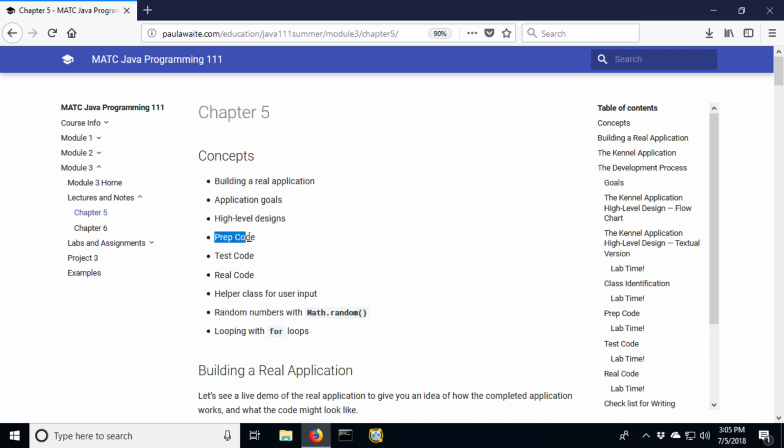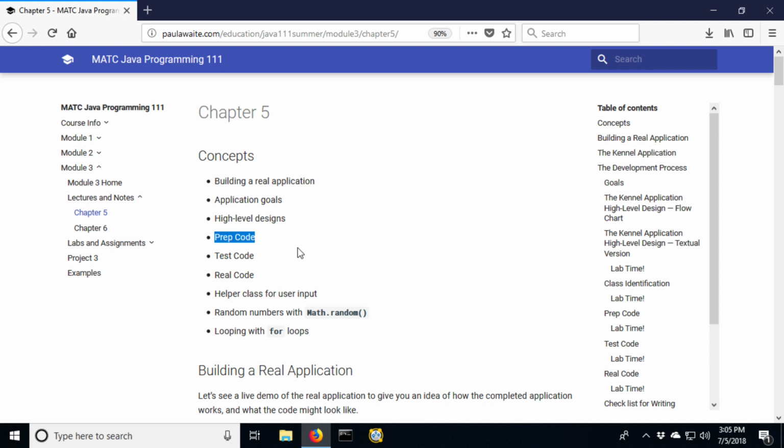From there, then, we start thinking about, within that design, maybe a flow of what the application will do, and we might start thinking about what different classes we might need in order to solve that problem. And then from there, we'll get a little bit more specific and write something that we call prep code or pseudocode. None of this is Java specific, so you can go through this process regardless of what language the application is going to be written in.